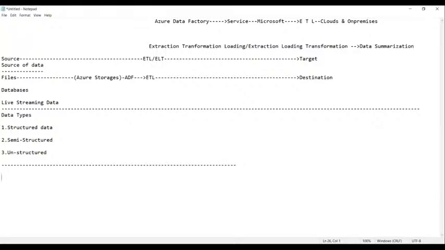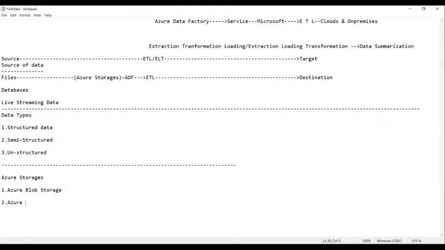Let us see this. Just tell me what are the storages in Azure? The first one is called Azure Blob Storage. And the second one is what?